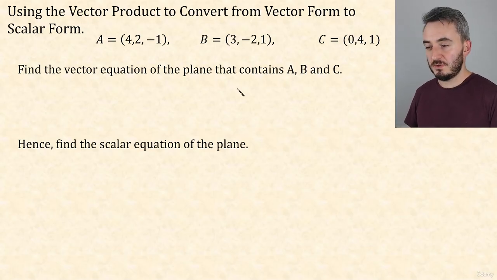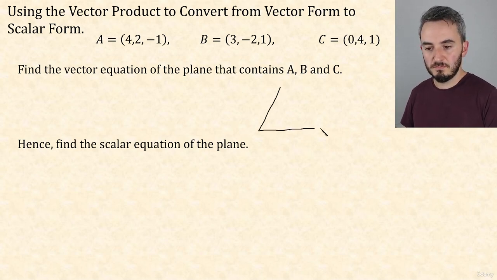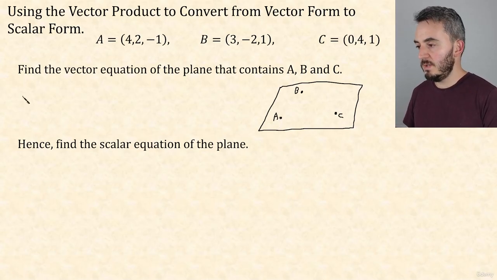So can we find the vector equation of the plane? Well, that's sometimes called the parametric form. That's just a point plus lambda times one vector plus lambda times another. So you want to imagine that you've got your plane here, and here are your 3 points, A, B, and C. So what we could say is that any point on this plane could be found by going to a